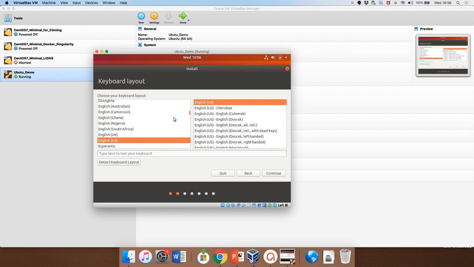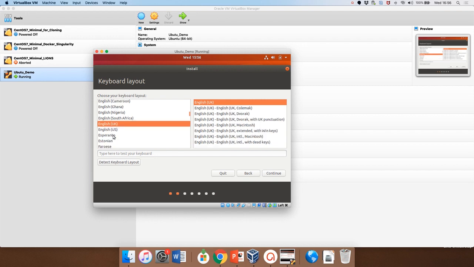So the first thing it wants to do is to check your keyboard layout. There's quite a nice feature. For now, we'll click English UK. If you want to detect your keyboard, you can just click Detect. It will then ask you a series of questions. Basically, it'll ask you to press certain keys on your keyboard or identify whether certain keys are present or not, and that way it can detect your keyboard automatically. But for this, we're just going to say it's an English UK keyboard. We click Continue,